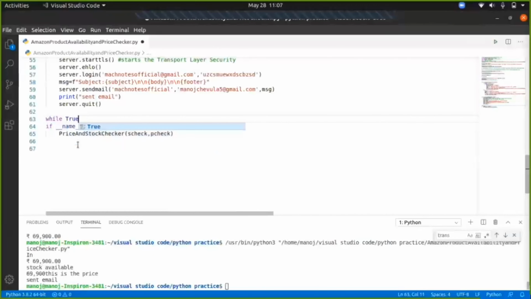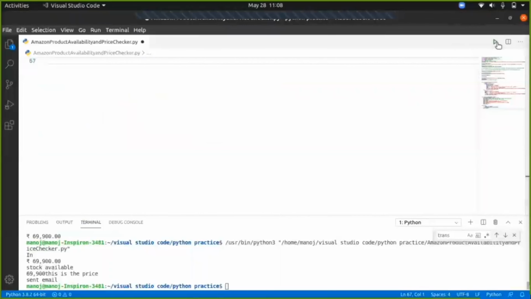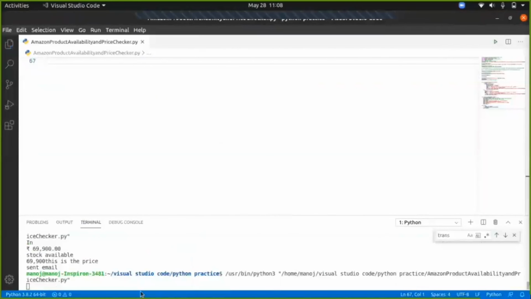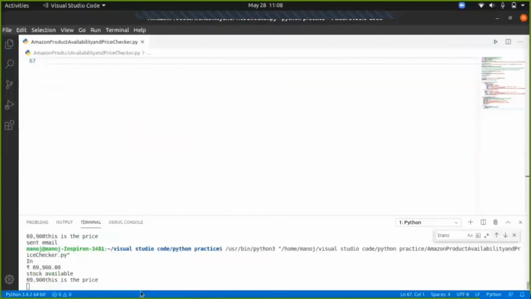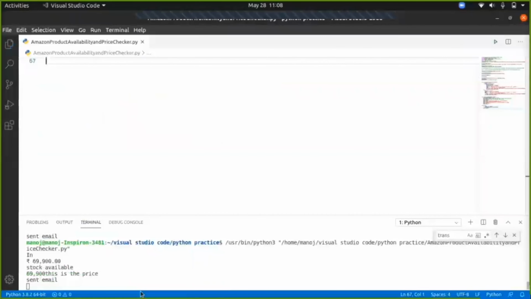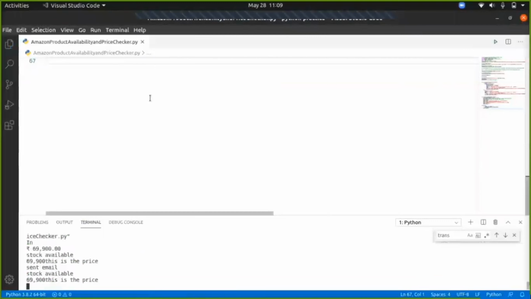If you want this tool to check every 60 seconds, set the time sleep for 60 seconds. Every 60 seconds, this tool checks and notifies us. The timer is set. Now let me run the code. My first mail has been sent. After 60 seconds, another mail is going to be sent. In the same way, it checks every 60 seconds and sends the email. You can change the interval as you wish, like once a day or twice a day.